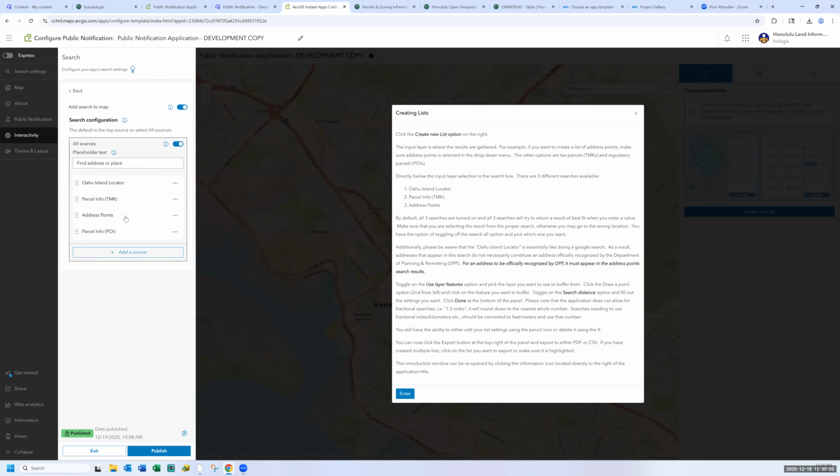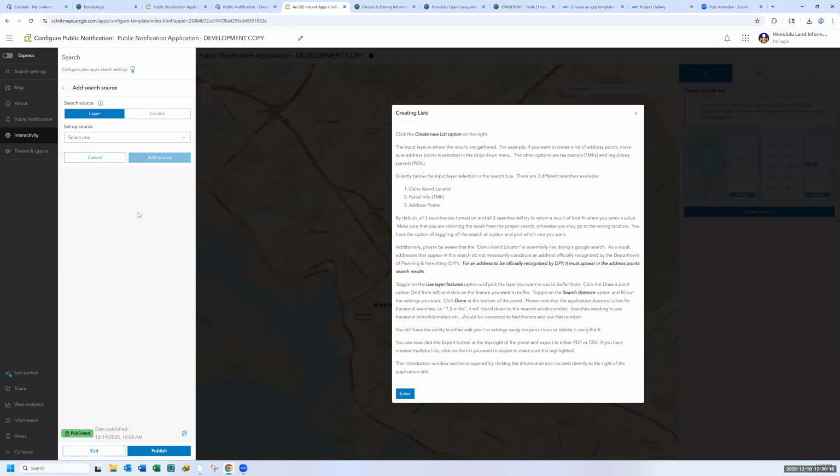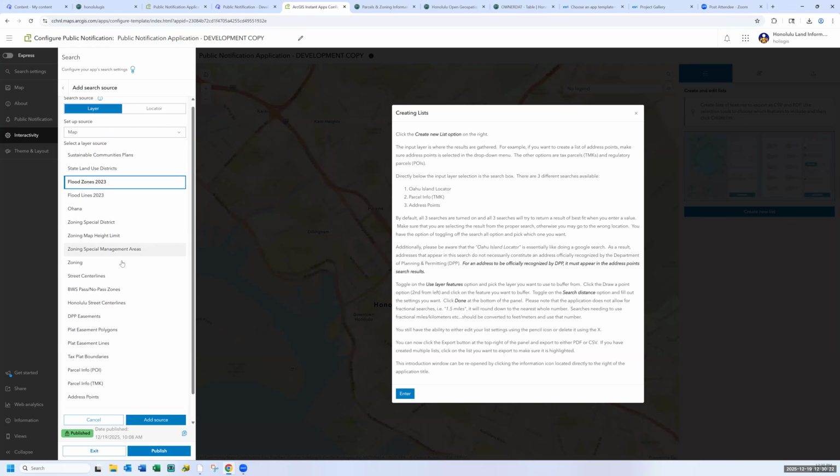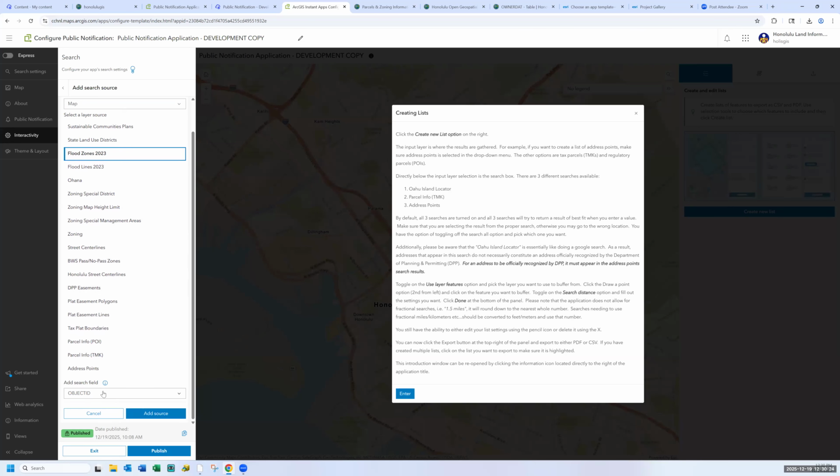You have things like the search function. One thing I will point out that I think is a bug with this app that you might have to pay attention to is when you're adding the search source at the start. So I'll just say the map, let's just say flood zones. At the very bottom over here, it's asking you what field you want people to search on for that layer.